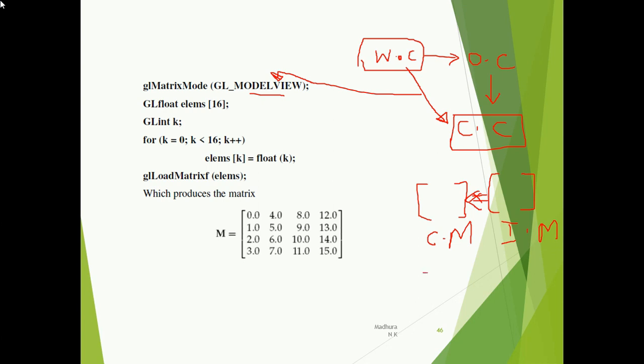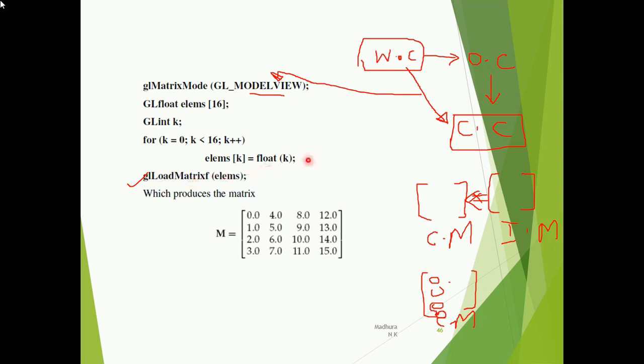Another way: we have some current matrix, and now you want to assign your own values to the locations on the current matrix. At that time you will have to go for glLoadMatrixf with elements. So this is one method, or else you can write glLoadIdentity also.